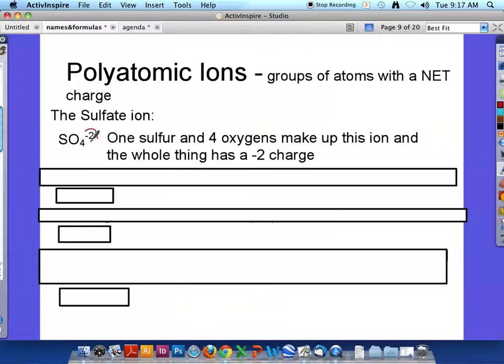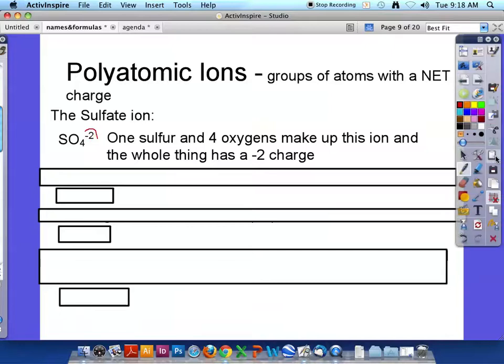Okay? These polyatomic ions, you will have a reference sheet for them. So it's not something that you would have to know that SO4, -2, is the sulfate ion. You're going to get a reference sheet that's going to remind you what each polyatomic ion is. But the way that the polyatomic ions work